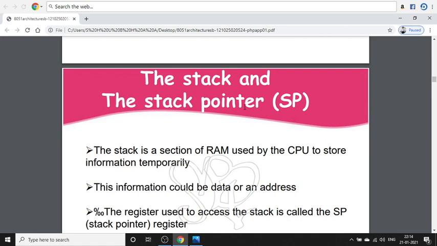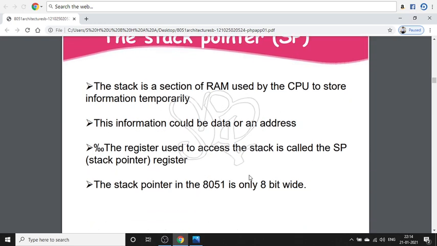Here we will be going through various instructions: push and call instructions to increment, whereas pop and return instructions for the decrement. That means the stack pointer will be decremented after the data is restored during the pop and return instructions.